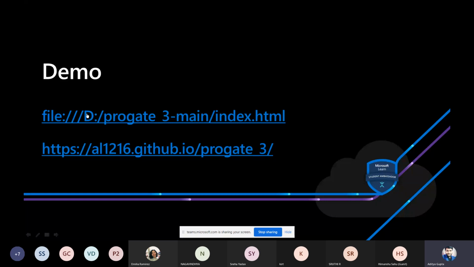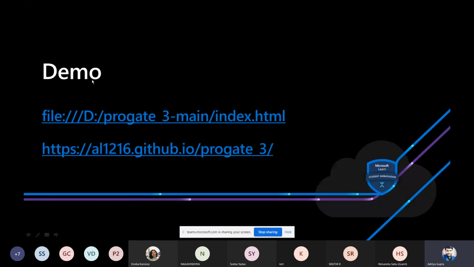So next, it fetches your D drive, which is inside your computer. Inside that there are also many folders. Computer doesn't know anything; we have to teach everything like to a small kid. So inside D there is Progate 3 main, and inside Progate 3 main there is index.html. This is how the link is created, and having file at the start indicates that it is localhost. It's not uploaded yet.